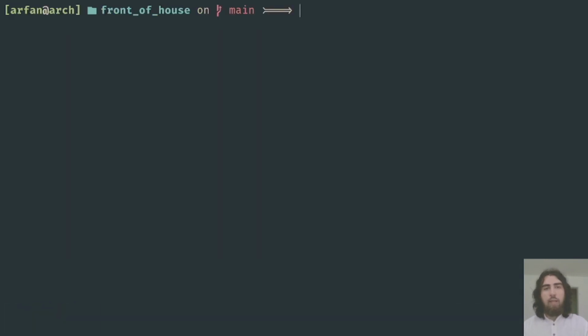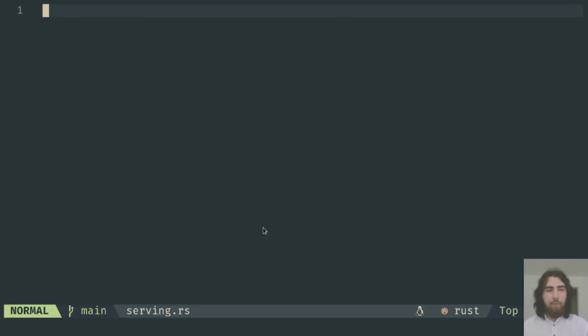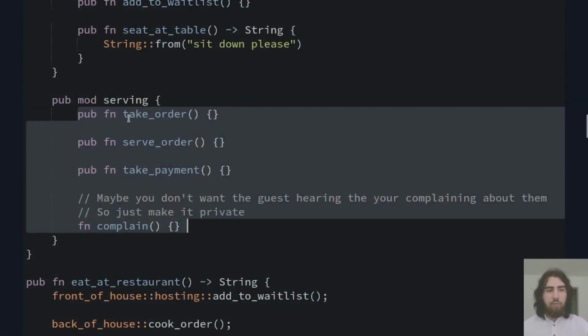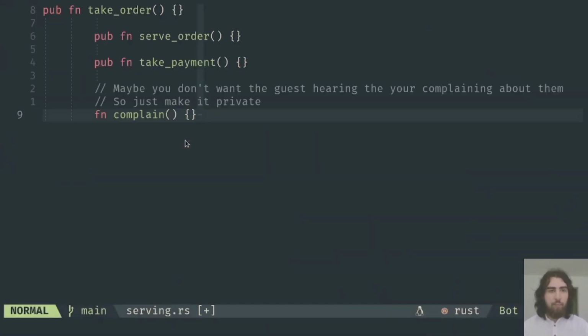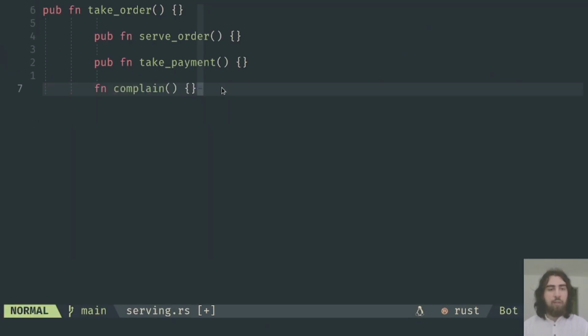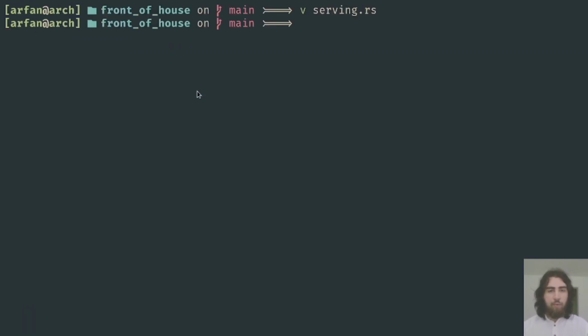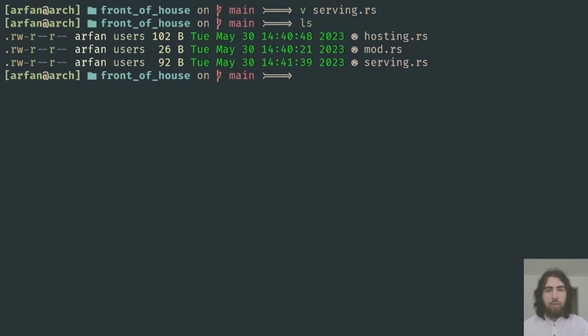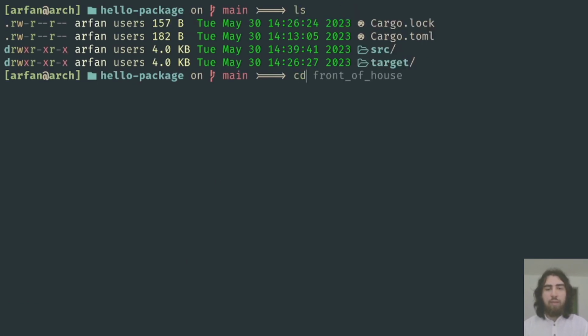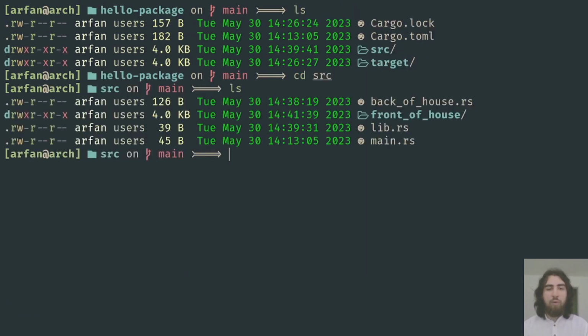Like that. And let's create serving. And we just take the code here from the serving module. Like that. Let me remove the comment. So, and now if we go back to the source directory,